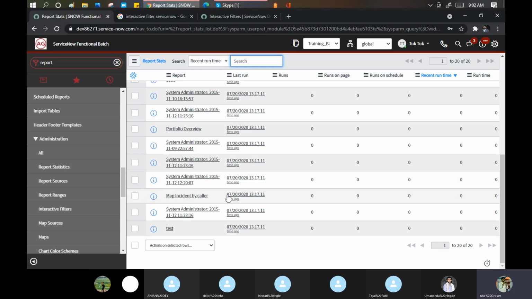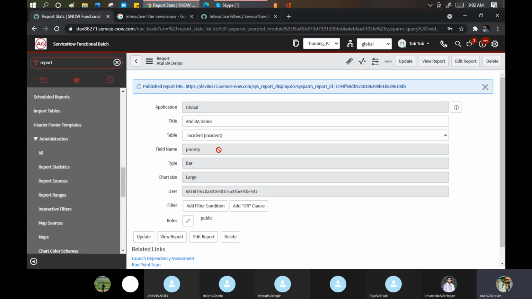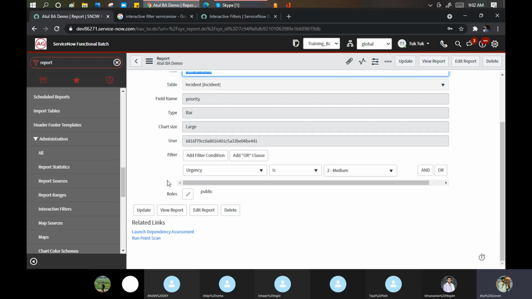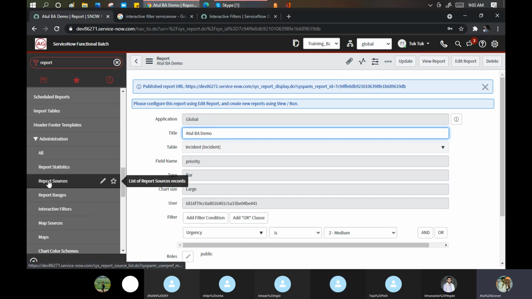Okay. So maybe I can just open a single report here and let's see. Definitely there should be some running instance as well. If I open this report, there is no information available here, Santosh. Okay, but definitely you can get those things. See, if one report runs multiple times, it means that it is a useful report. Right. Yes. Then reported source.